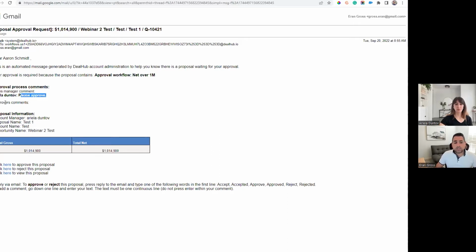If there are any comments, or if there were any previous approvers on the quotes who have added comments themselves, those comments are going to be made available here. We can see some information about the proposal itself, and in this case, we are only showing the total gross of the deal and the total net. We can obviously configure that to show any values or any custom field that you have set up in your environment. We can show the entire